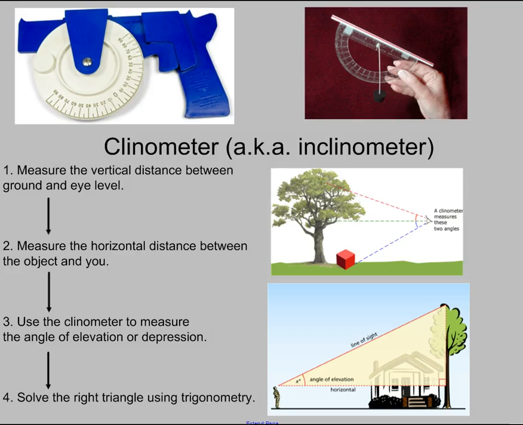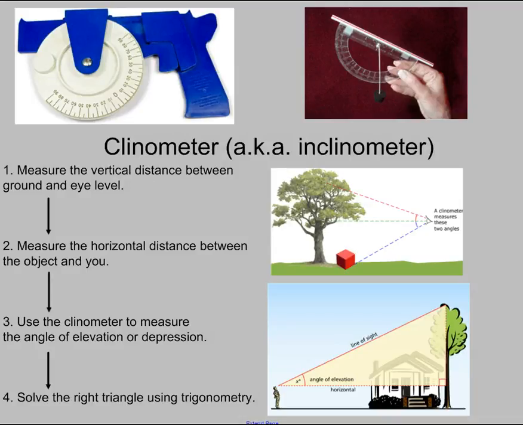Let's keep going here. Here's an instrument which we're going to try to use in class. You may have used this before in a previous course with the trig unit. It's called a clinometer, or also known as an inclinometer. And that's exactly what it does. You hold it on an incline, or possibly a decline, depending on what you're trying to sight. It could be something above you or below you. And you're measuring a particular angle using more or less a protractor mounted on a pivoting disc. And this outlines the steps of how you would use this instrument. So we'll go through this